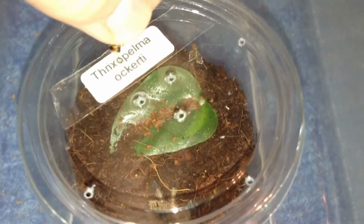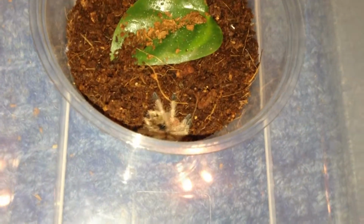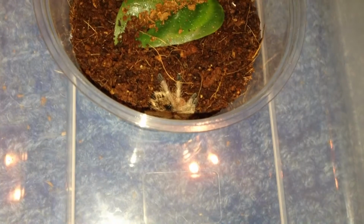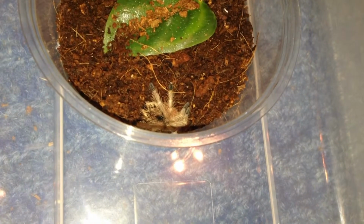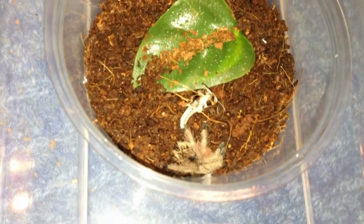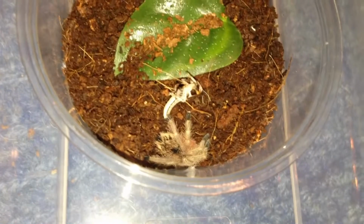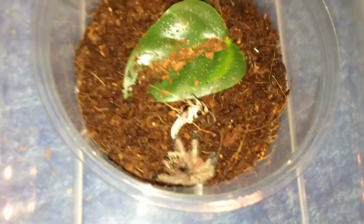Oh, I forgot. This is my unnamed Phrixotrichus octi. Don't know if it'll eat. They don't seem to eat on camera, but I'm going to drop it in. We shall see how it goes. We'll give it a sec, because it has retreated to its... it's not even a burrow, so...